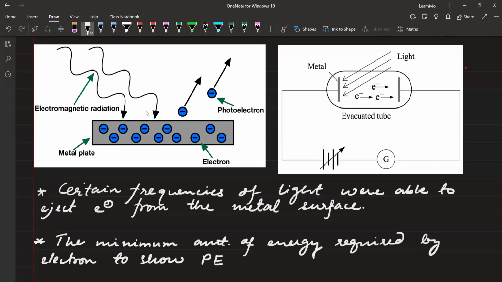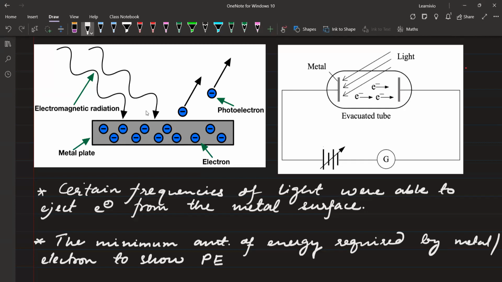By the way, you can write metal or electron, because every metal will have a different energy requirement. For example, we will also see a list, and then we can extract some idea about the atomic structure from the photoelectric effect. Now we are only writing some points to understand the conclusion that we are going to draw from the data. So basically, the minimum amount of energy required by the metal, the electron, to show photoelectric effect